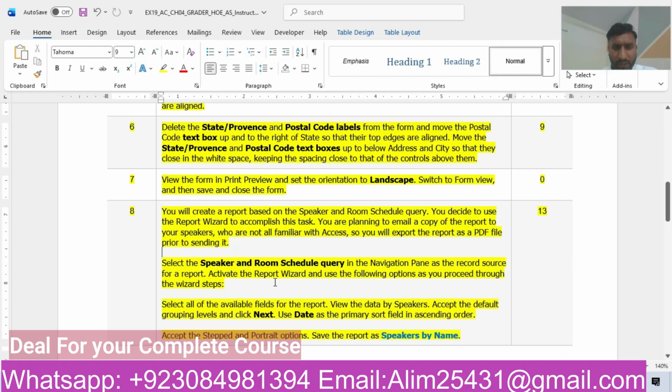Record source. Activate the report wizard and use the following options as you proceed with the report. Select all available fields for the report. View the data by speaker and accept the default grouping level. Use the date as a primary field. Sort, accept the default and portrait. So we need to,